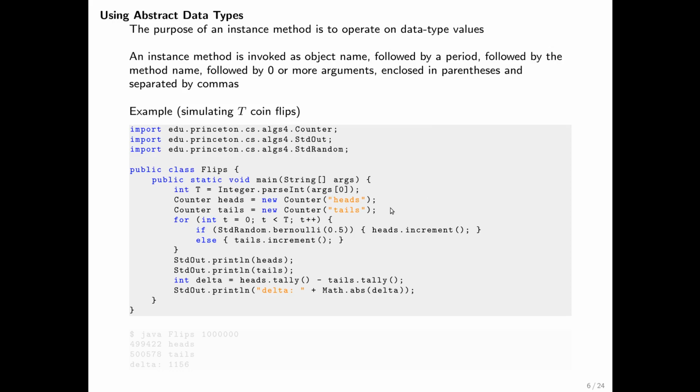And then what we do is we create two objects of type Counter. The first one is called heads and the other one is called tails, and this is what we had in the previous slide. The way we create an object of type Counter is by saying Counter, the name of the variable, heads in this case, equals new, a call to the constructor with a string ID. Okay, and then the same thing for tails. So we have two Counter objects, heads and tails, and then what we do is we simulate the capital T